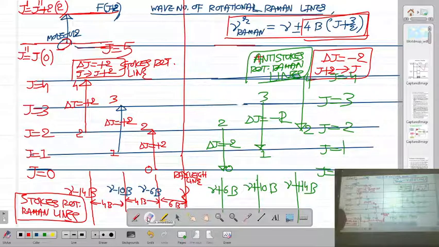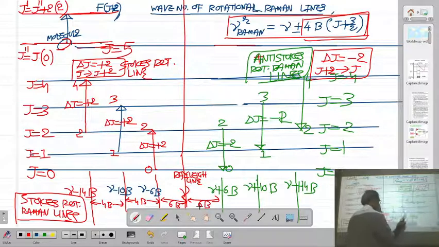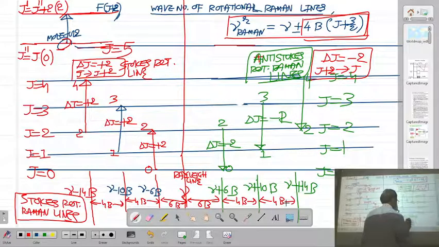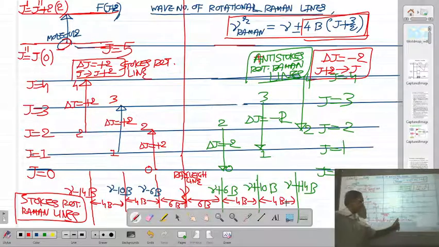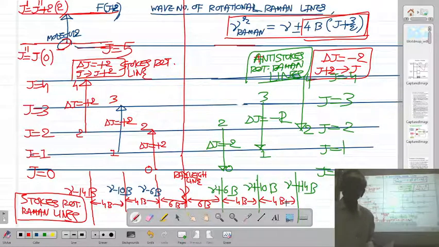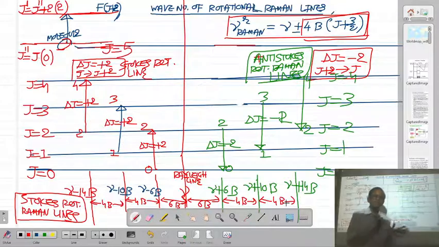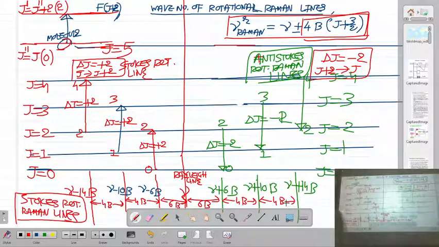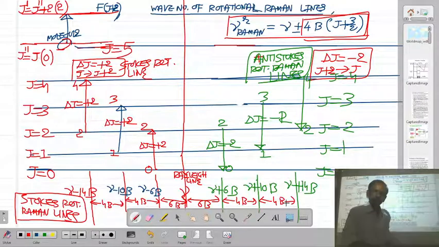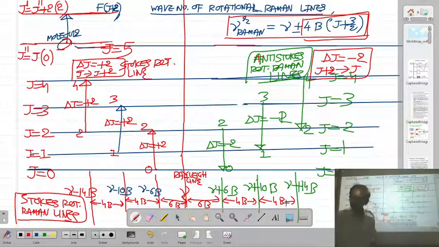So now we will write the property of this. Initially the spacing between lines is 6b, but then mu plus 6b, what is the difference? Mu plus 14b minus mu plus 10b will be 4b. So starting at a spacing 6b, the spacing between rotational lines is constant. We have studied in case of rotational spectra that rotational lines are equidistant if the molecule behaves as a pure rigid rotator. Similarly, here also the rotational Raman lines are equidistant on both sides of the Rayleigh line.